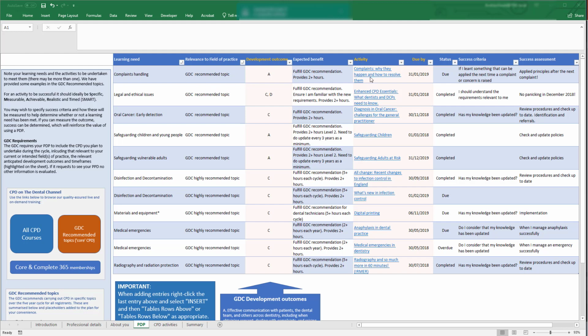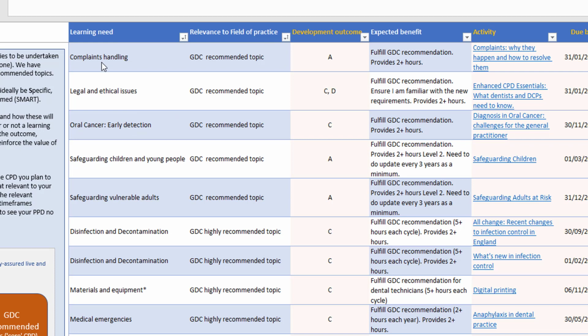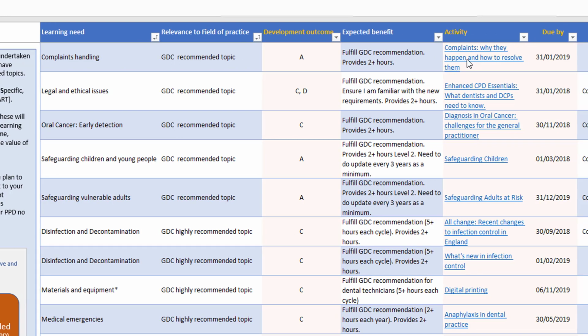We've provided activities which are courses on our website with links to them. And then we've filled in some extra information to help you. So for example, here we see a learning need as complaints handling, because that is a GDC recommended topic. That's how it's relevant to the field of practice. This is the anticipated development outcome. The development outcome can be obtained from a CPD provider's course information. This column is for you to be able to specify what you expect the benefit to be, and this is the activity. So we've, for example, here have listed complaints, why they happen and how to resolve them, and we've